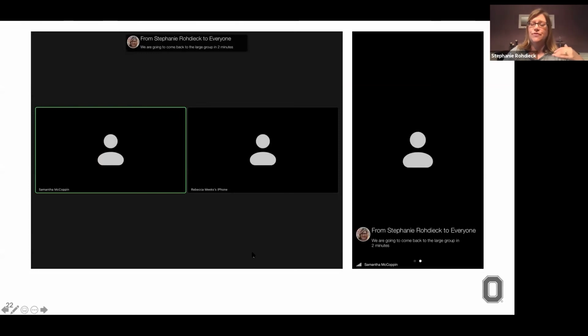And I wanted to show you from the student perspective where it comes from. On the left-hand side, this big one is one of my daughter's iPads, and you can see at the very top, it's also very small, it will say from the host to everyone, that same message I typed in: we're going to come back to a large group in 2 minutes. The one on the right is a phone version, because some of your students may be using the phone, particularly if they're having internet access issues, and it's easier for them to use their teeny tiny little phone. So it does look different on there, and for this, it's on the bottom.